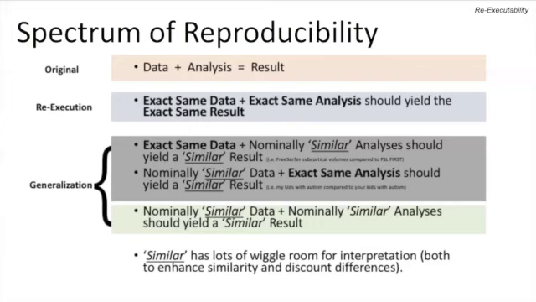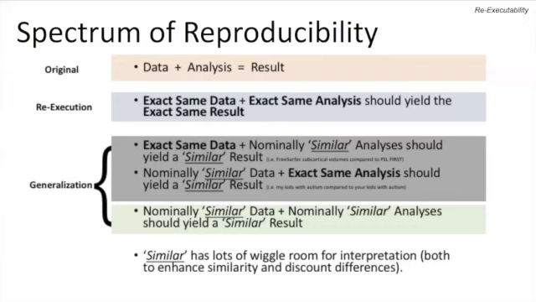Without the ability to do that, it becomes very hard to generalize how well that finding, that result, holds up to variations. And so that gets us to this point of really wanting to scientifically and precisely examine what we call the generalization space around that result. We need to be able to re-execute that result so that we can systematically look at, if I take that exact same data and make small changes to the analysis, how sensitive is my result to the exact details of the analysis?